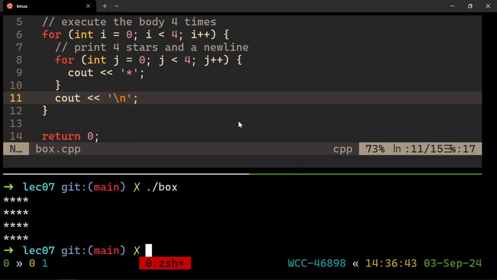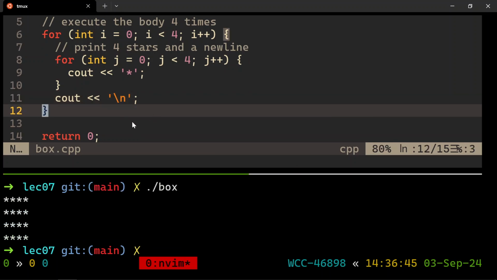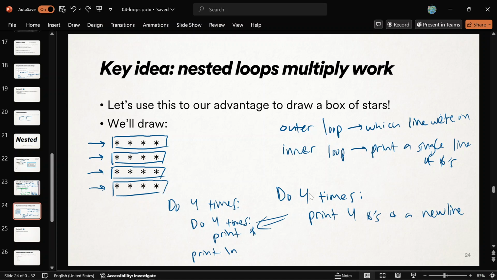Wow! So pretty. So that's that code. Can we kind of see how we started from here? It's like, all right, we didn't even know we needed a nested loop, but we broke down the inner part. It's like, okay, yeah, I'm repeating something again. Okay. So that gives us a box. Isn't it beautiful?